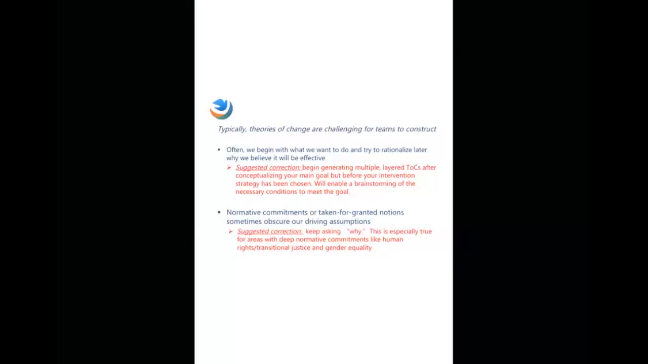A sort of corollary of this is that I think sometimes when we have deep normative commitments to certain areas of work, or these taken for granted notions about what is right and what is not right for society, that obscures our driving assumptions. So our driving assumptions get buried underneath our taken for granted notions of right and wrong. Again, I don't want to call out one area over another, but just for purposes of illustration, I think oftentimes